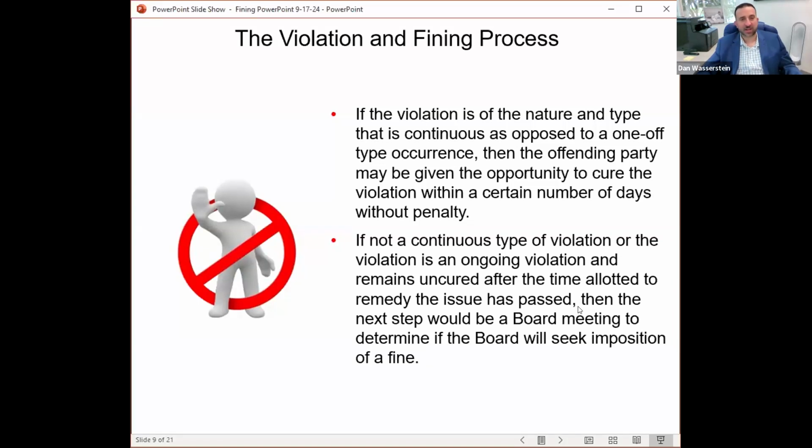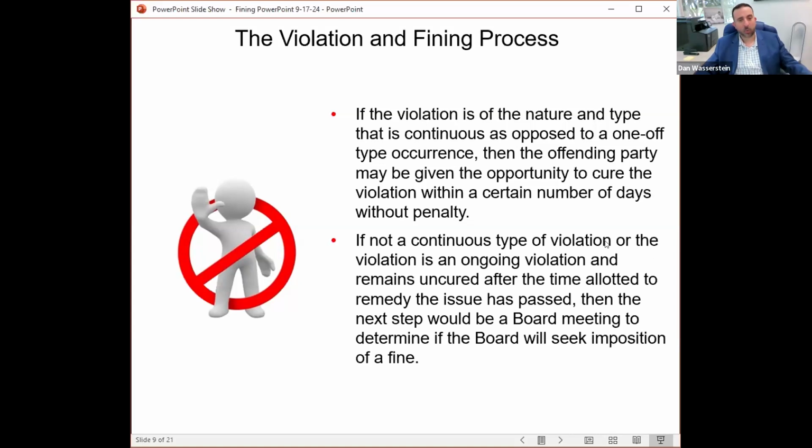Now, there are other types of violations that are not continuous and not ongoing, and you do not have to, of course, give a warning. Like the dog off a leash example, or parking illegally, or the best example, someone has a party that is blasting music in a condo unit till 4 a.m., waking up all the neighbors. That happens, and then it comes to a conclusion. Those aren't things like maintenance where there's an opportunity to cure. Those are what we call one-offs, where it happened and it's over.